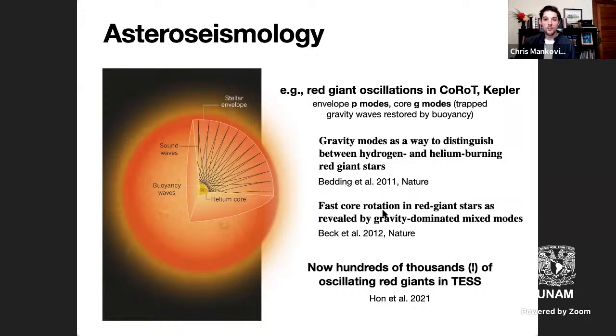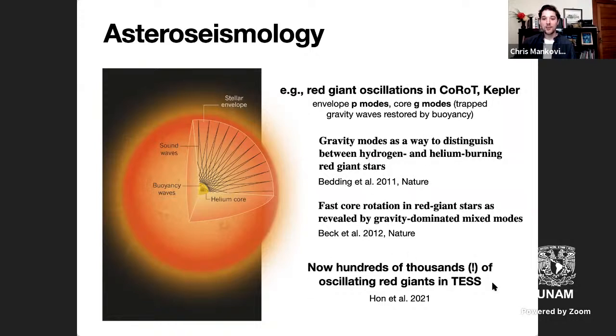Another huge result is the measurement of core rotation. These same gravity modes were able to deliver the rotation rate of the interior tiny helium core at the center of these red giants that are pulsating. And it revealed the fact that the core is rotating faster than the envelope of these stars by at least a factor of 10, which was not known at all. Results like this make me say it's arguable that we understand the interiors of red giant stars better than we understand the interior of Jupiter or Saturn, because this seismology is so readily available.